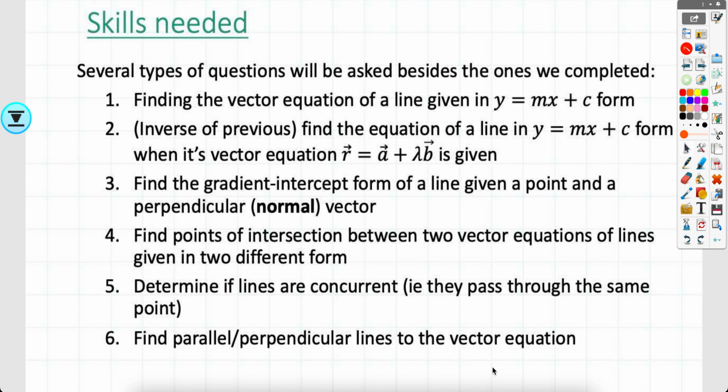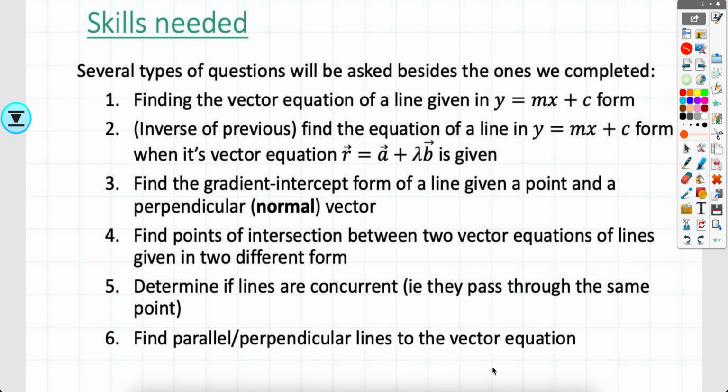After going through the basics of finding the vector equation of a line, whether you're given 1 point and a parallel point, or 2 points, or a point and the normal, we're going to have a look at several types of questions that you will be asked. We've done the basics in the previous video, but now we're going to look at different skills. So first,